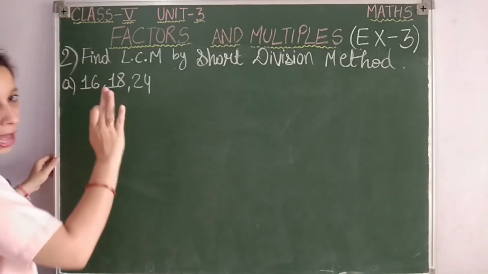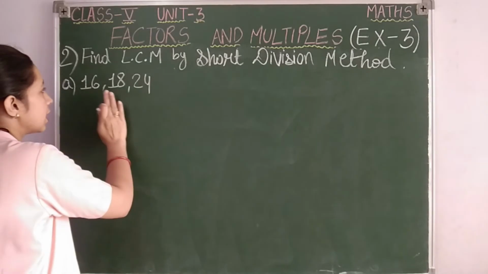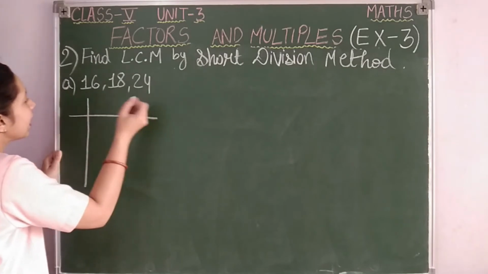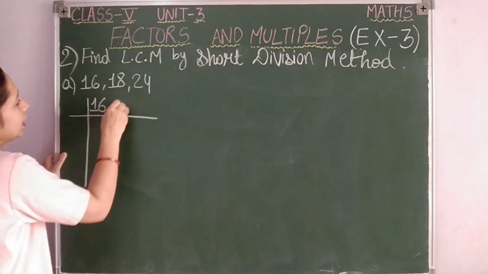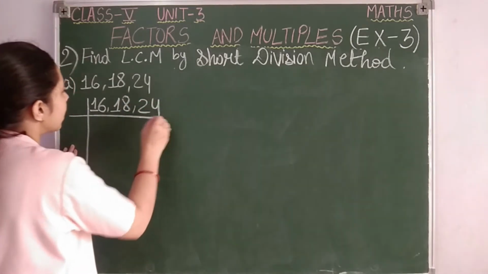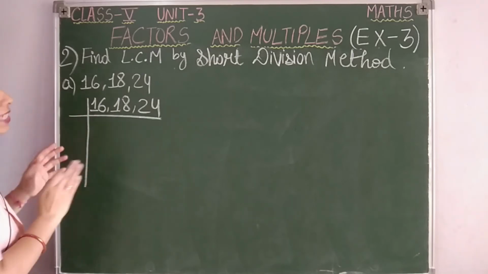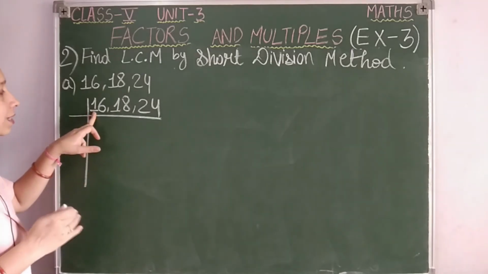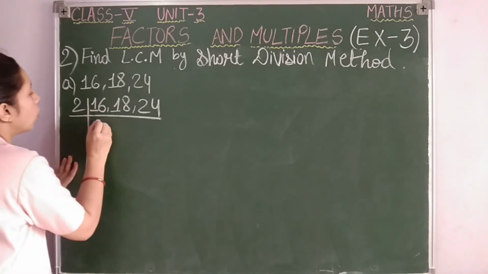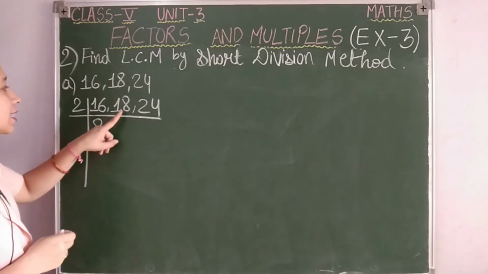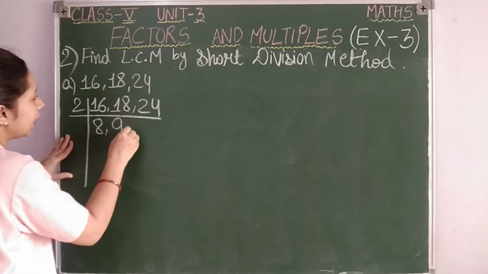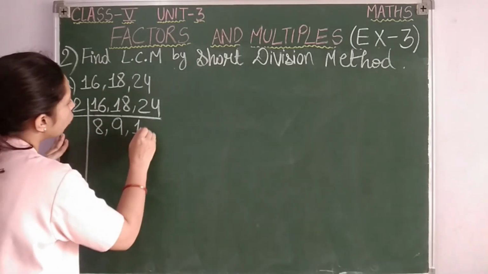So I have to write the prime factors for 16, 18 and 24, all these three numbers. But I will not divide them separately, I will write them together. See, 16, 18 and 24. Understood students? Okay, now see what I am doing. Here first I will see only the first number. What is it? 16. 16 is divisible by 2, right? You write 2 here and divide 16 by 2. 2 8s are 16. Next, see the next number 18. Is 18 divisible by 2? Yes, simply divide, 2 9s are 18. 24 is also divisible, 2 1s are 2, 2 2s are 4.